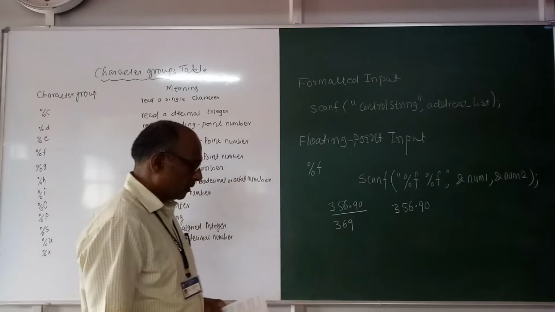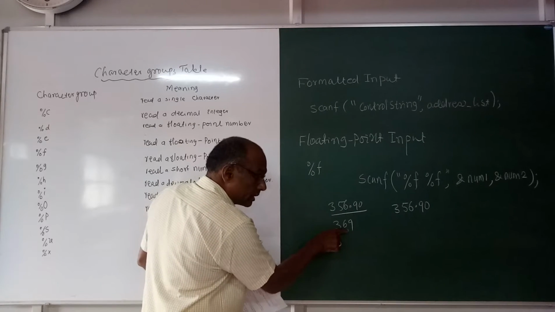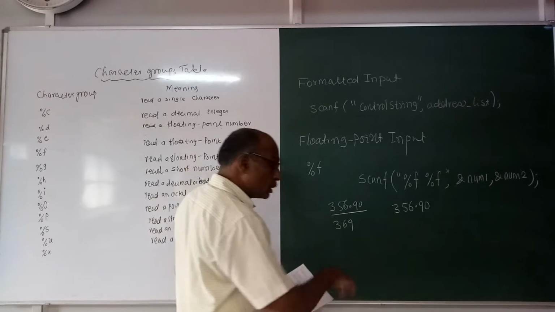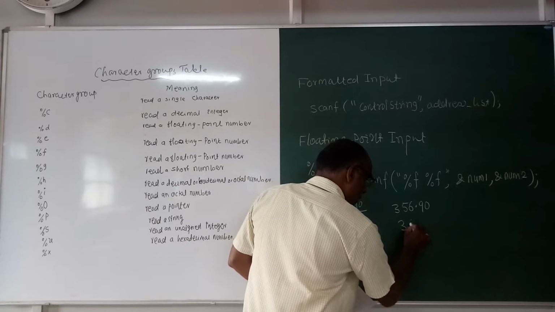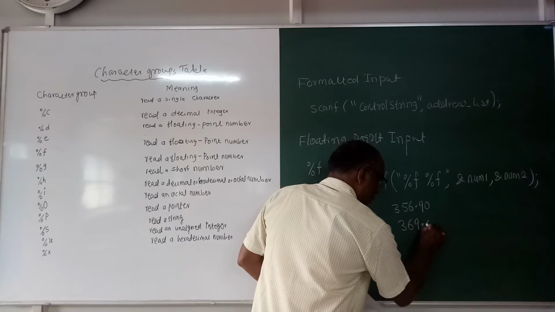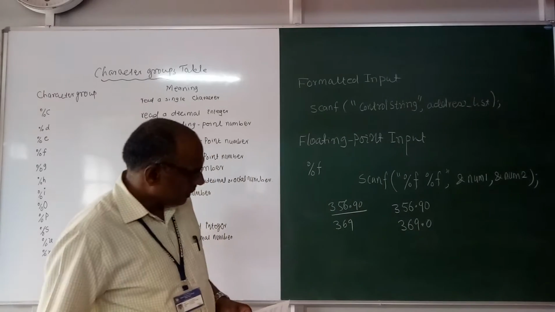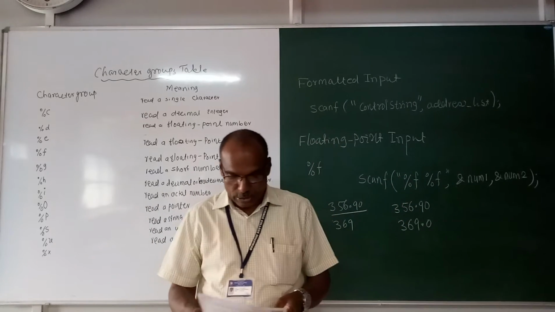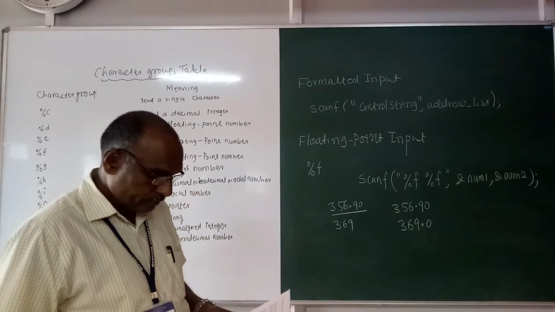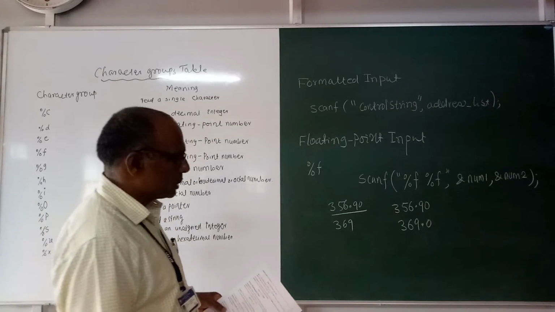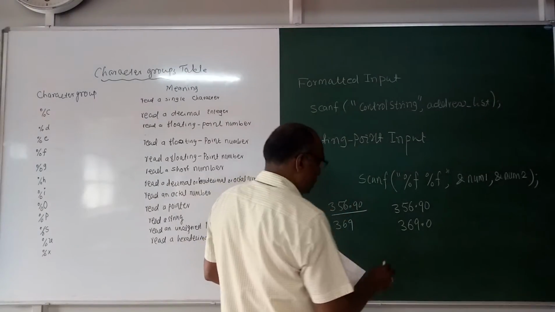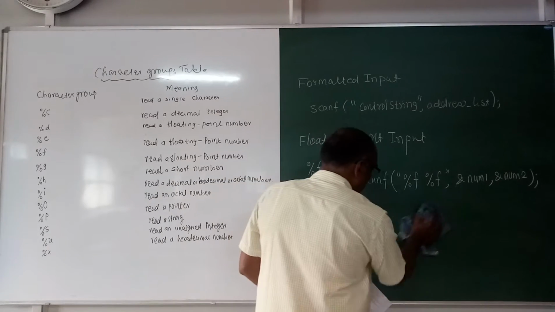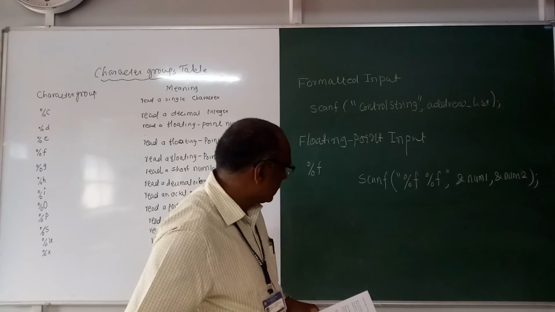356.90. But here we have entered an integer number that we typed through the keyboard, 369. This will be stored as 369.0. They are stored respectively for this input statement. Fine. Now, suppose this floating point input is long, then I have to specify this in a character group using